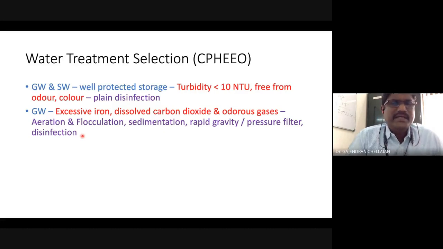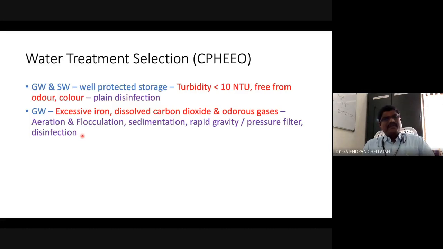Suppose you want to design a filter, or, for example, a sedimentation tank, that is possible. That is available. So the guidelines and the model calculation are there. So this is a wonderful book, and for this entire subject, I request you people to go through this book. This is very, very important for you. It's a kind of ready-made guide.